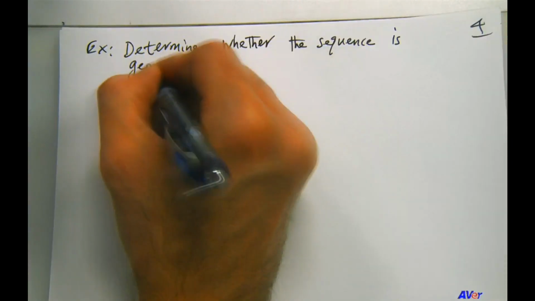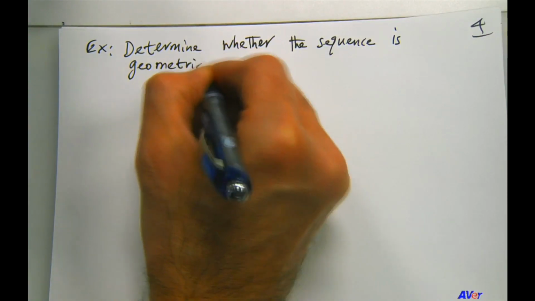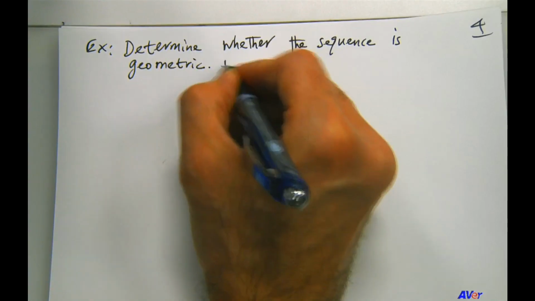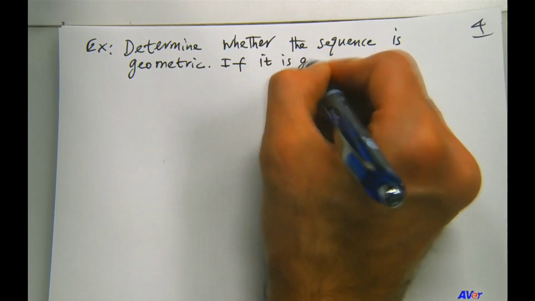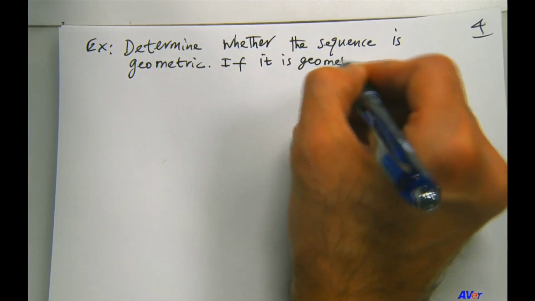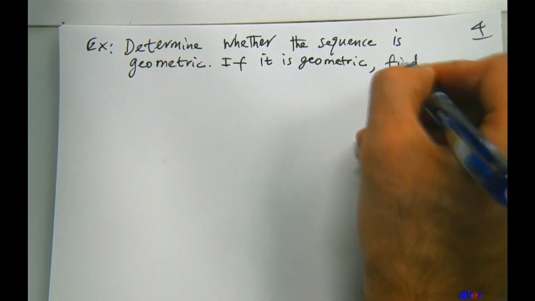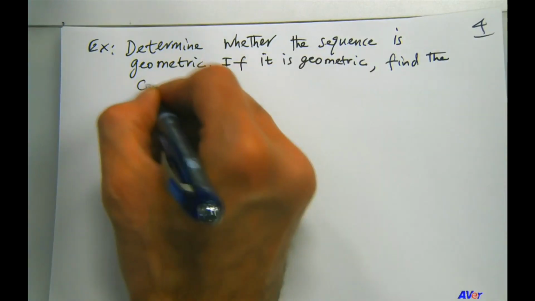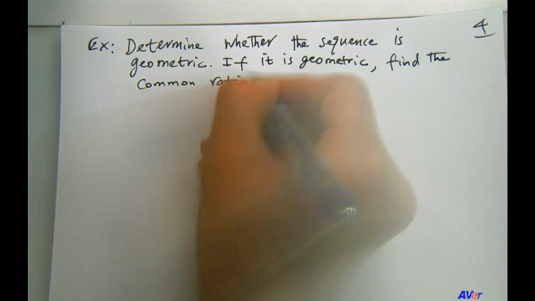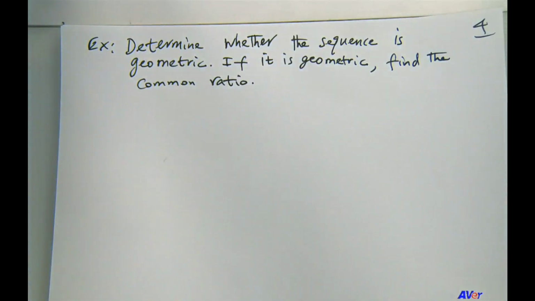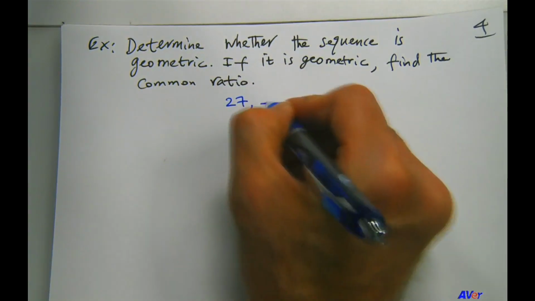Determine whether the sequence is geometric in this question, and if it is geometric, find the common ratio. Okay. So here is the sequence we have,